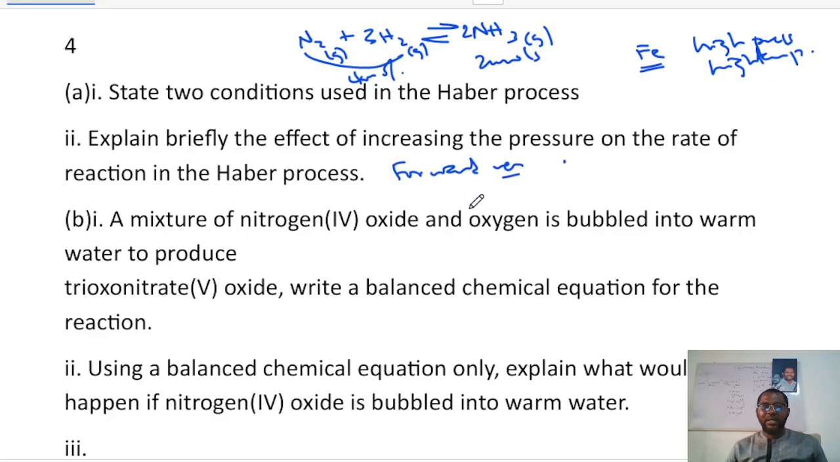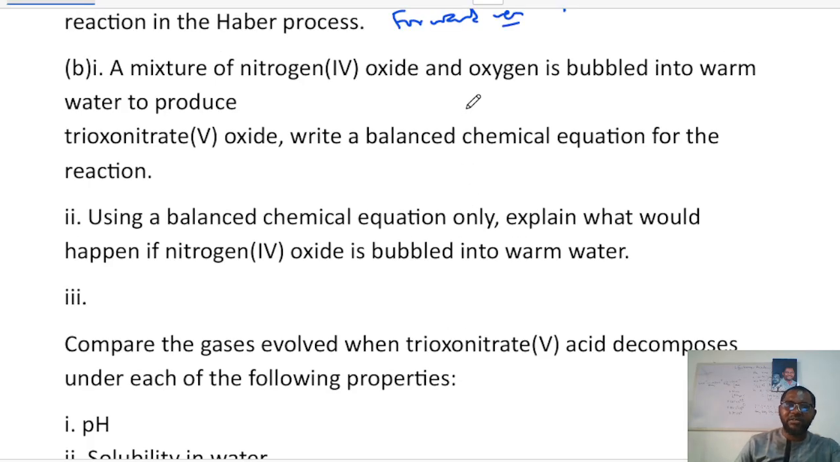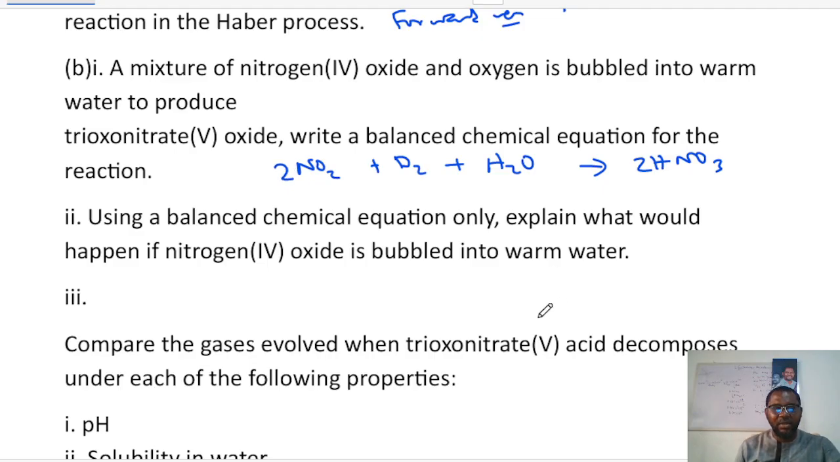Okay, now the next one says a mixture of nitrogen 4 oxide and oxygen is bubbled into warm water to produce trioxonitrate 5. Write a balanced chemical equation for this. Okay, you have NO2, you have O2, then you have water, H2O. You're going to get HNO3, and probably that is going to be 2, and this is 2. I think the equation is balanced. Nitrogen is 2, nitrogen is 2, hydrogen is 2, hydrogen is 2, oxygen is 4 plus 2, 6, 6 plus 1,